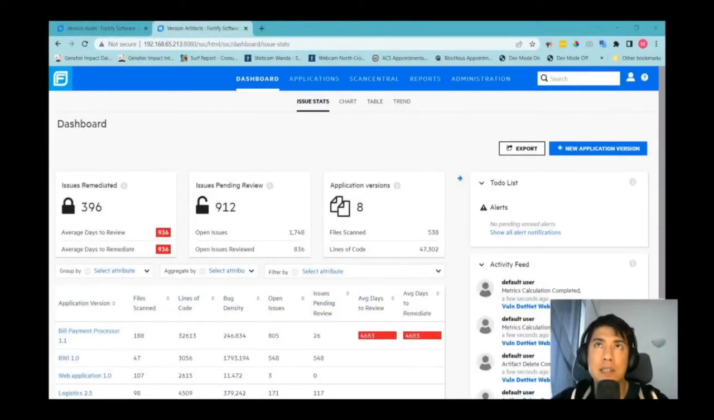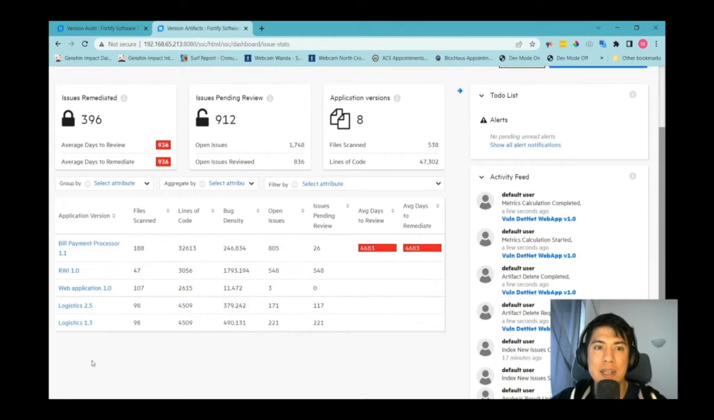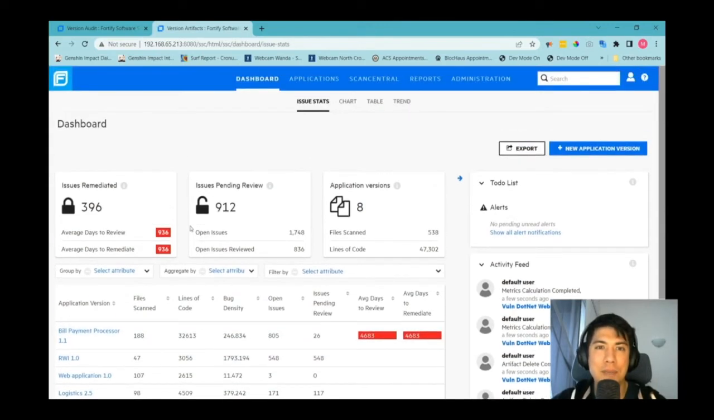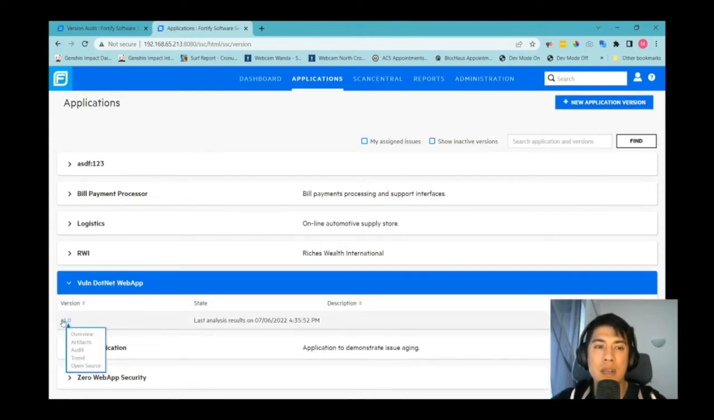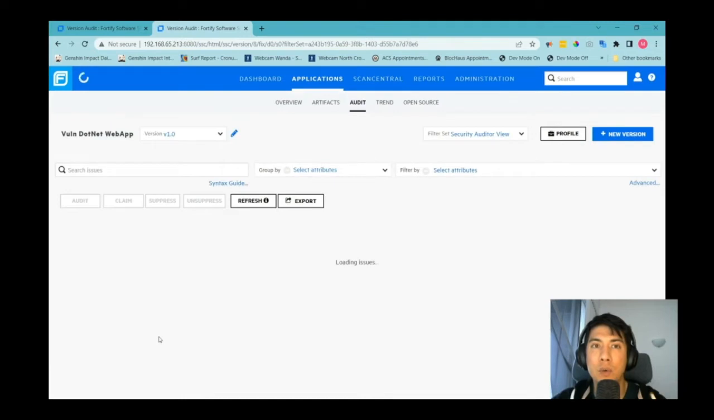So within SSC, this is what the initial dashboard page looks like. Here you can see some high-level information in terms of what the state of my entire software portfolio is. And we get to see here a listing of our big troublemaker applications. If I go to applications, I get a full listing of all apps that I run scans for. And I'm going to go down right now very quick to the application and application version where I uploaded the